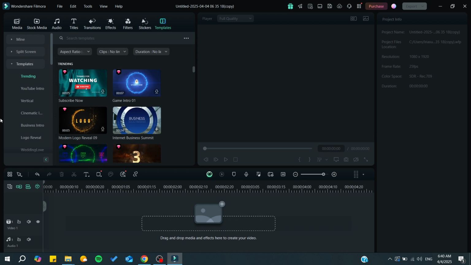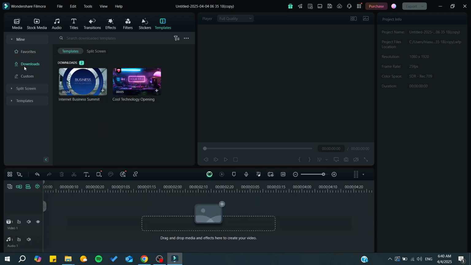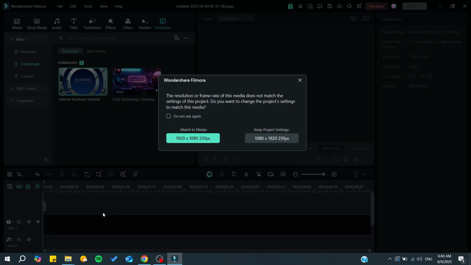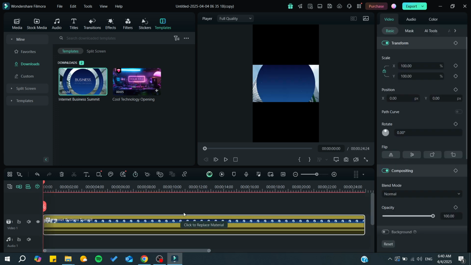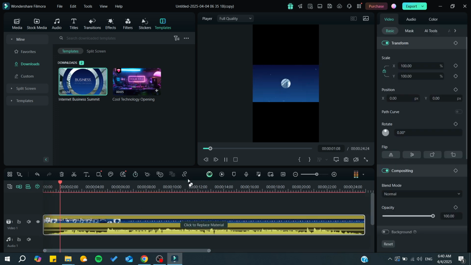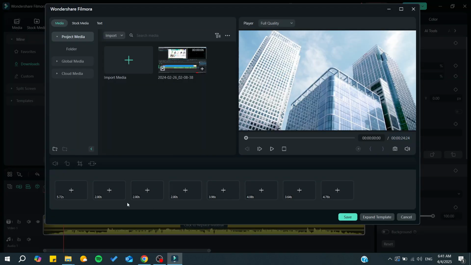After the templates finish downloading, you can find them here in downloads, and you can choose any one. You just need to drag and drop. I will just match with the settings, and now you have this template. Now you just need to click on replace material, and from here you will have